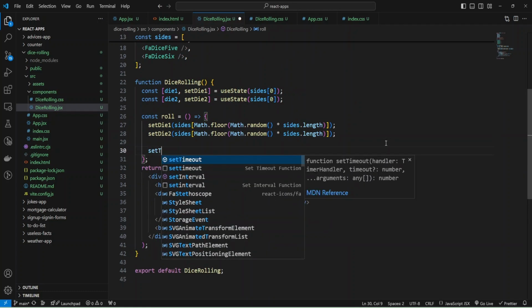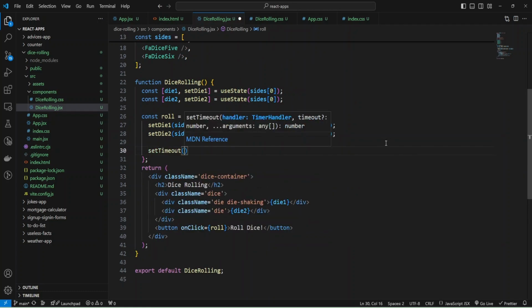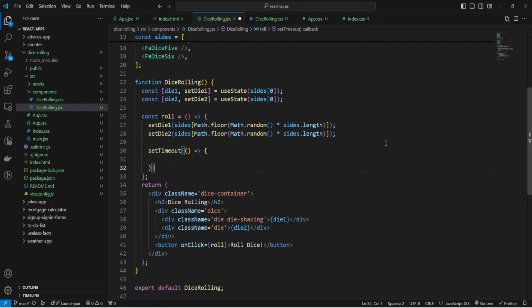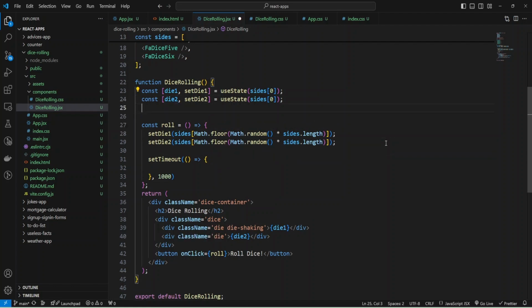Set timeout, and inside the timeout we need to provide a handler, and it will be an arrow function, and we'll have the timeout for 1 second.